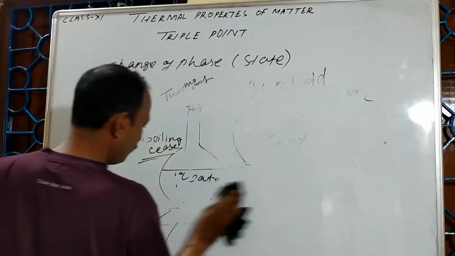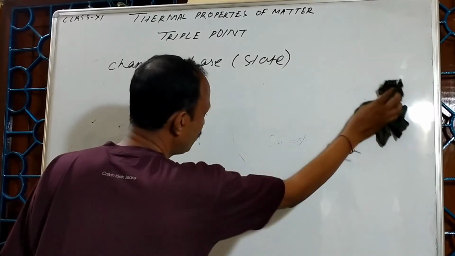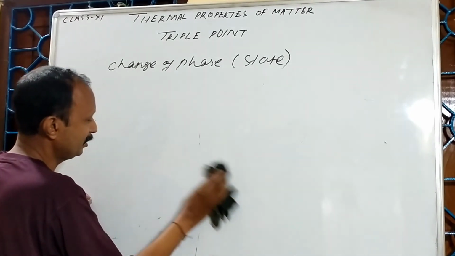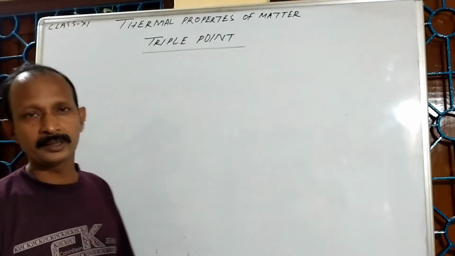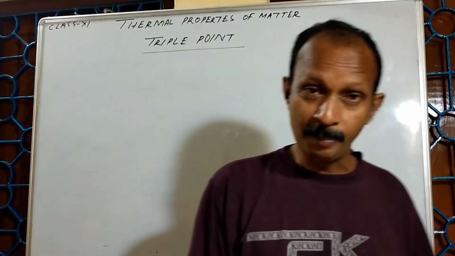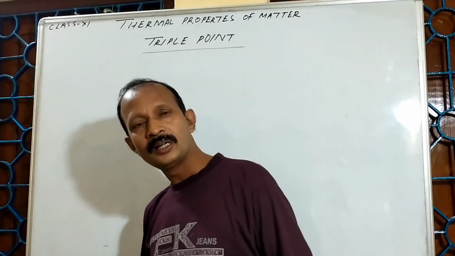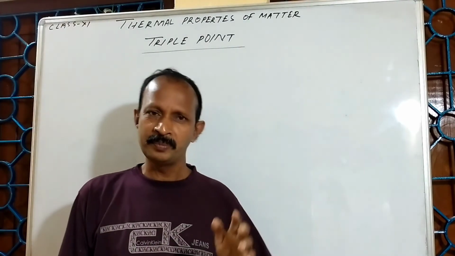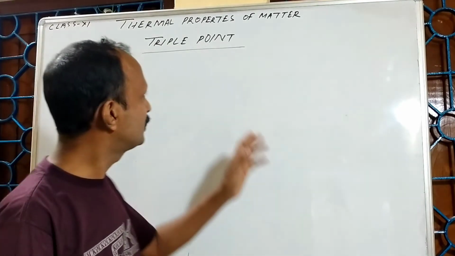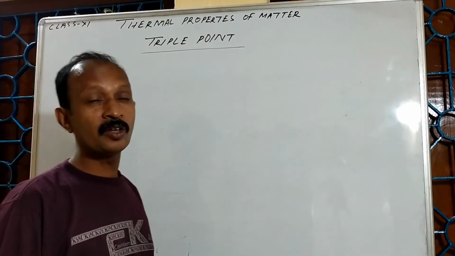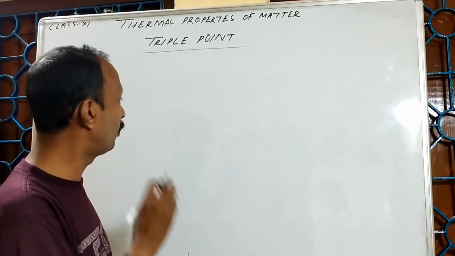I discussed with you melting point, boiling point, but today's headline is the triple point. Up to now I have not reached there. Okay, let us come to the point, triple point, very important triple point. You might have heard about the Triveni Sangam, the place where our three sacred rivers Ganga, Yamuna and Saraswati are joined. So this is the triple point in the thermal behavior of matter. It is different from that. So what is this triple point?